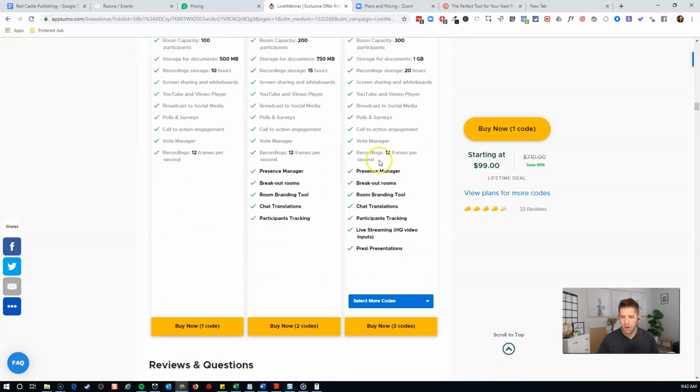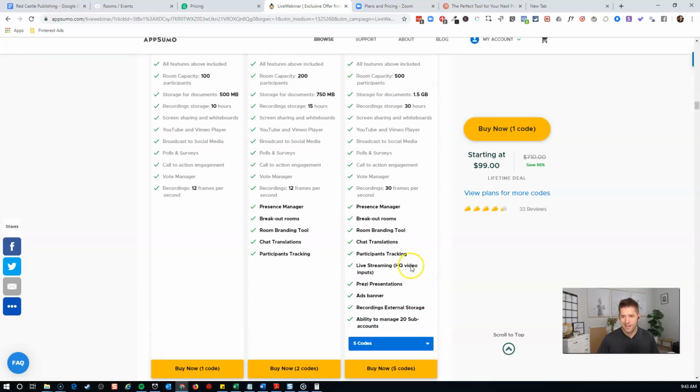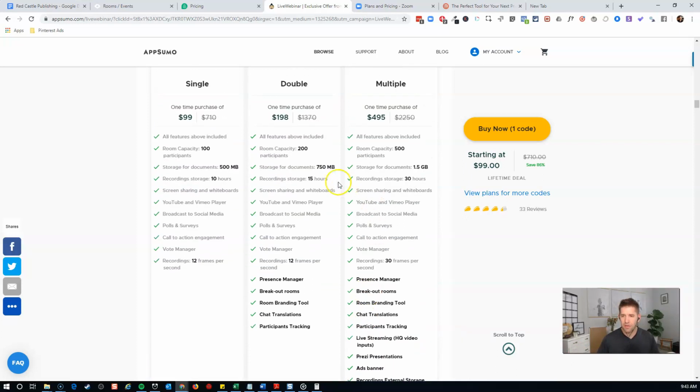And what's also great about this is you can go up to level 5 as well, and you'll be able to get 20 sub accounts and recordings to external storage. I don't know if you need that. If you want to offer maybe webinars as a service, potentially having sub accounts would make sense there. But on all of these plans, you also get built-in storage where they can record the webinar directly on the server, and you can download that yourself, eventually be able to use that for auto webinars,